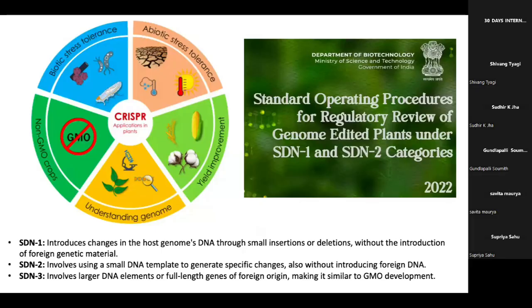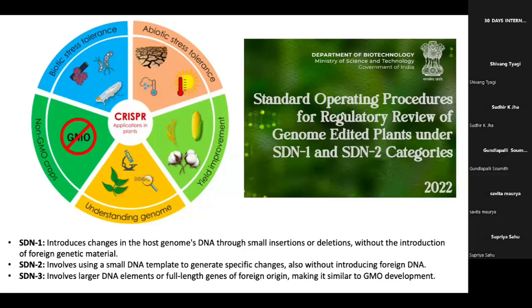So here are a few applications in plants. I already mentioned different biotic stress, abiotic stress, and yield improvement. It can even be used for anti-nutritional factors and biofortification. Then understanding the genome: by knocking out or creating a gap in any gene, you can know its function. And the most important, as there was a lot of hue and cry regarding GMOs,